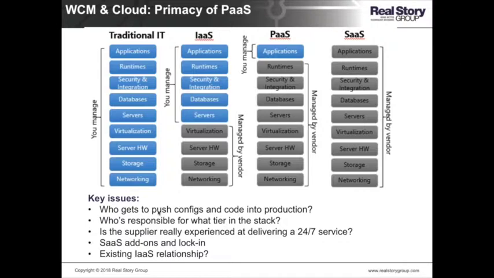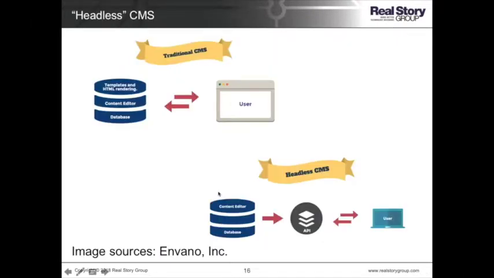So you have a lot of choices here, but certainly infrastructure as a service, platform as a service is increasingly what we're seeing as the way to go in 2018. The other big trend that's been out there for several years and has really taken off in the last year, this whole notion of headless CMS. So this is the idea that you manage content behind the scenes and you don't have your CMS actually deliver the digital experience itself, that's done by some other application.